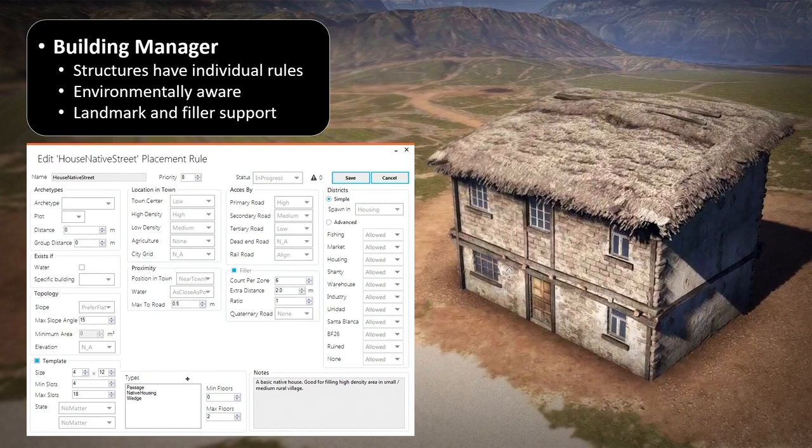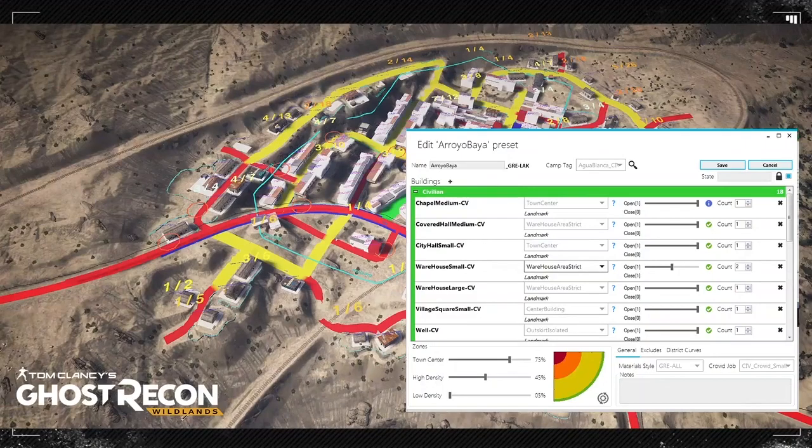So this specific building cannot be placed in an agriculture area, can be placed in a high density location, cannot be placed too close to a building of the same type, and so on and so on. So each building comes with its own card, and each city comes with its own preset system to define which buildings are going to be placed in which location.